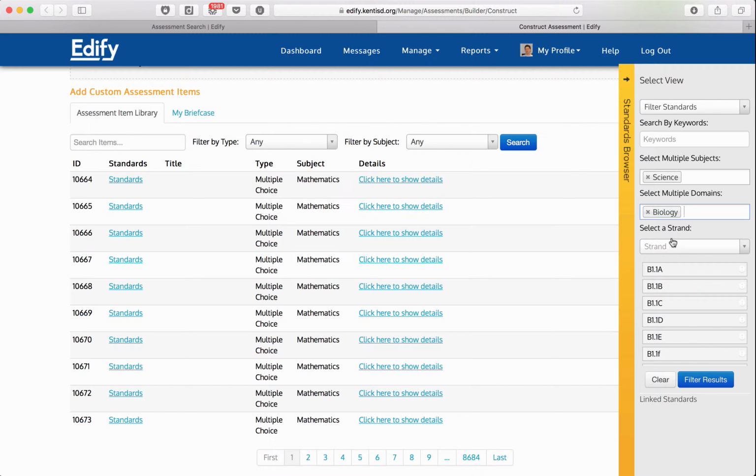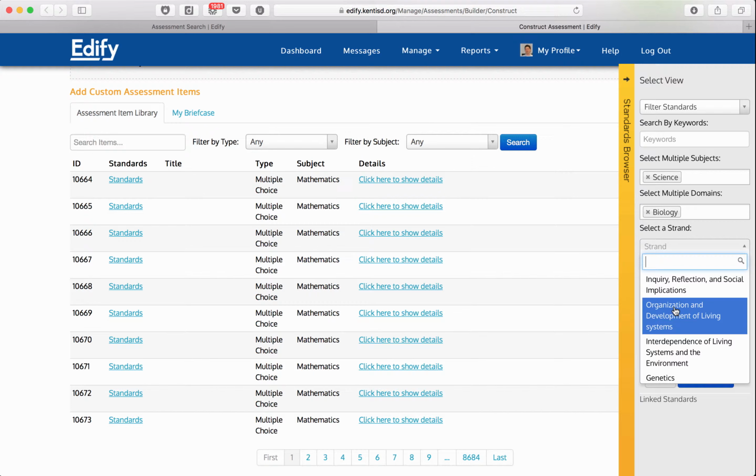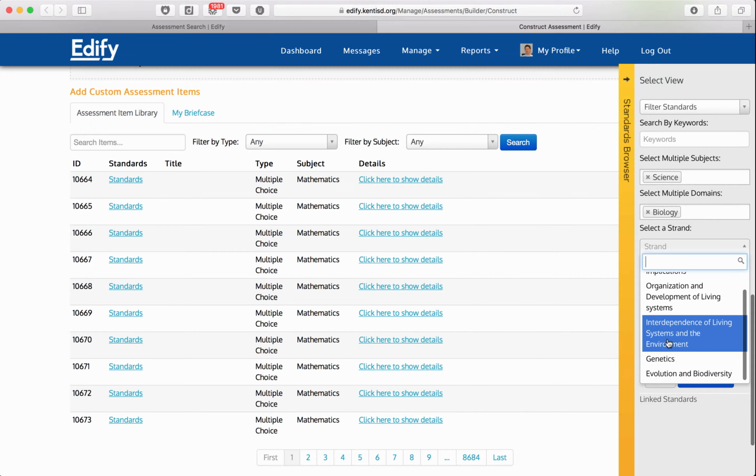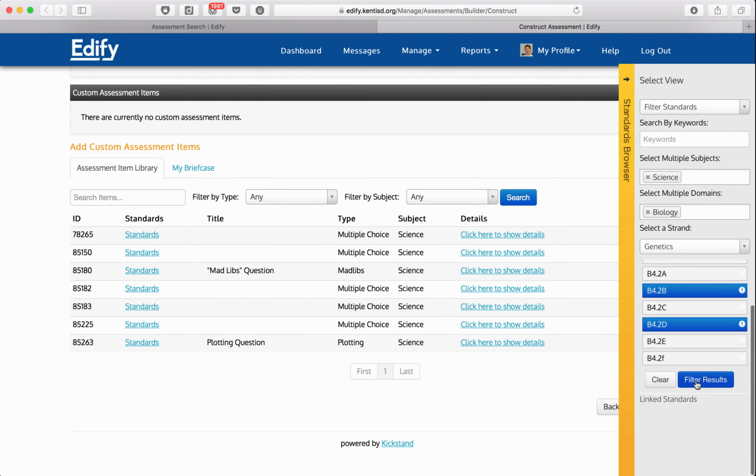After that, you can then select the strand. And this is optional, but in this case, I'm going to use genetics as my strand. And then select the standards associated with that strand. So I'm going to select just a couple here. And once you've selected the standards that you're looking for, you can click on Filter Results, and it will show